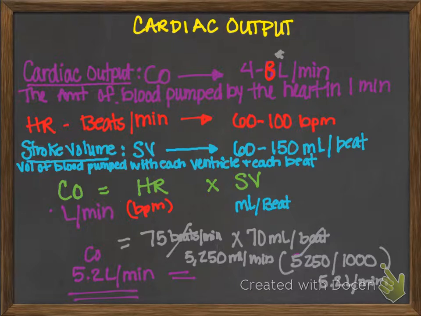So let's say you have a 75 heart rate, right? And your stroke volume is 70. And they want you to figure cardiac output. So you got to convert, right? Convert your milliliters to liters. And then you want to, or you can do it after. I did it after. So I just did 5250 divided by 1,000 is 5.2. So I think I did it after. So that's something you need to know, because I'm sure they're usually, if they don't